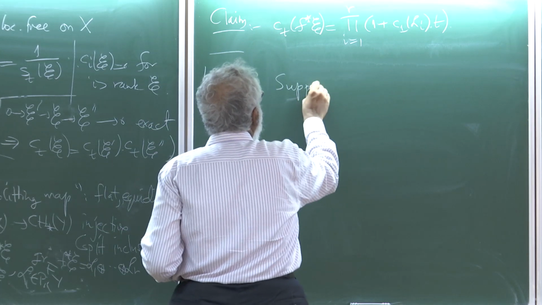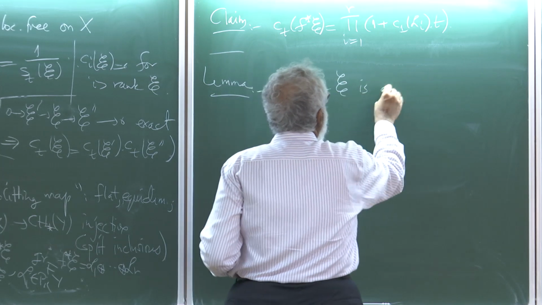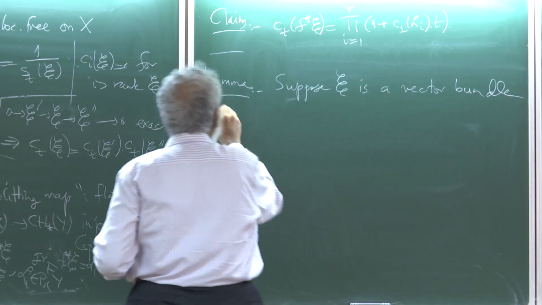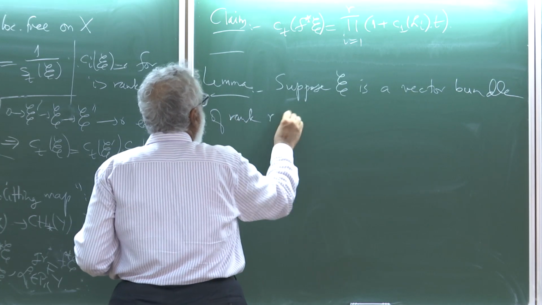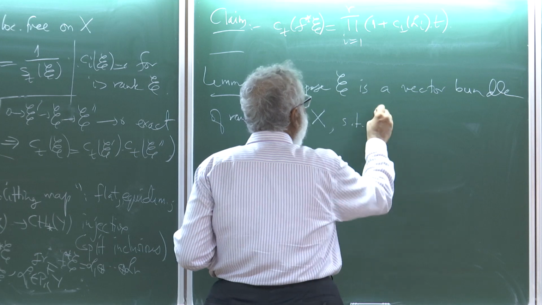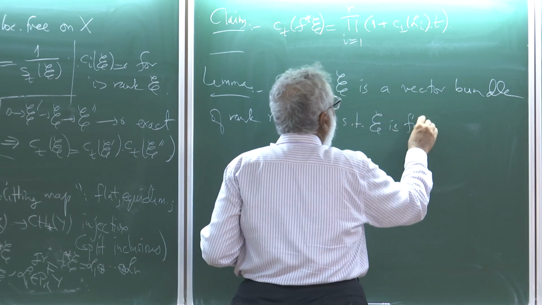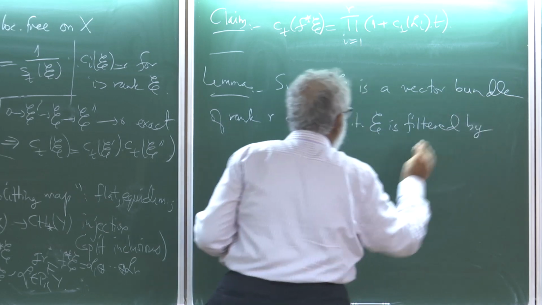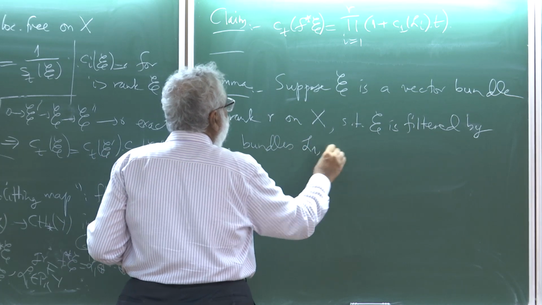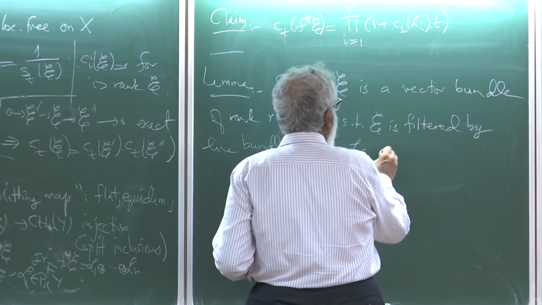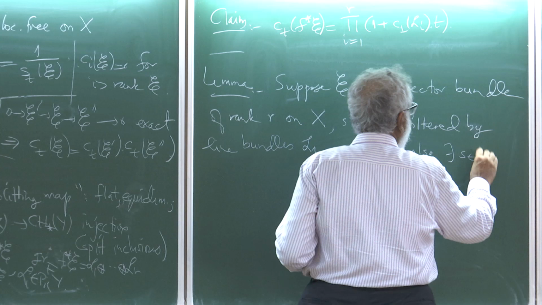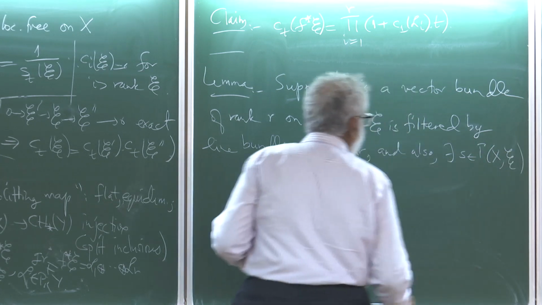Suppose E is a vector bundle of rank R on X such that E is filtered by line bundles L1, ..., LR, and also there exists S, a global section of E